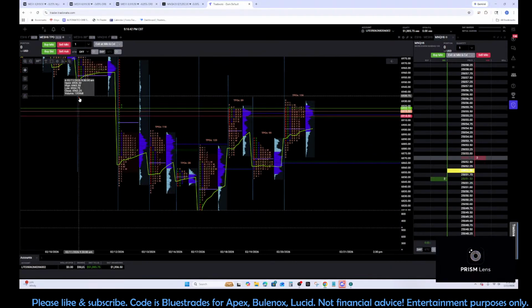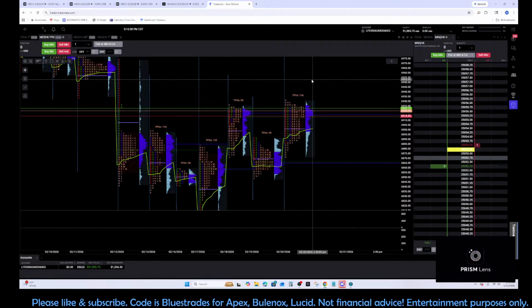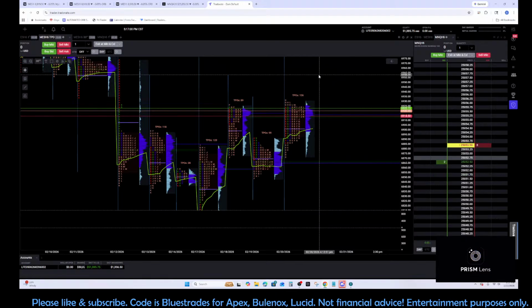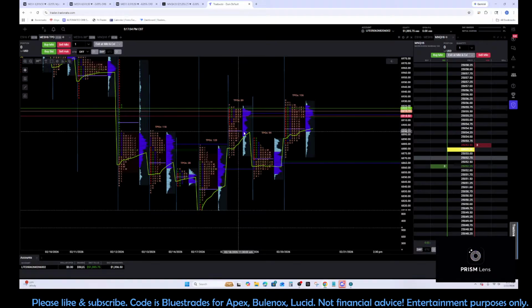When you have these single prints, each one of these is about 30 minutes, you know that the volume is thin. Price will sometimes gravitate towards those, but it will move quickly through them, right? So you can see where your points of control are,